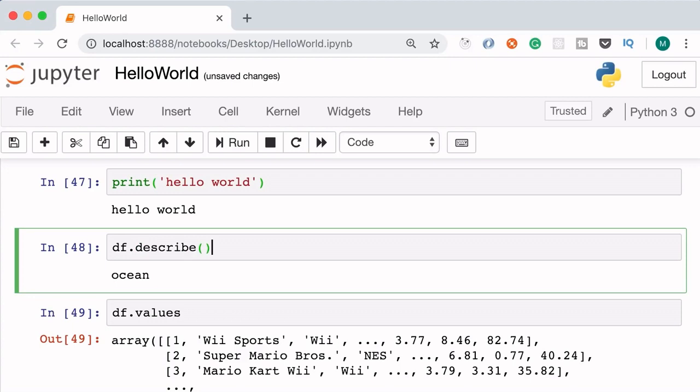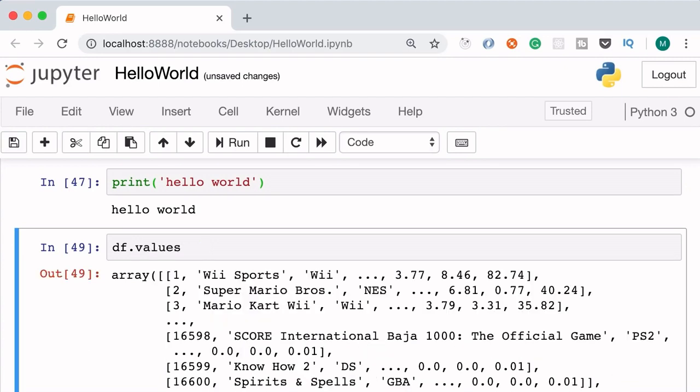Now, over the next few lectures, we're going to work on a real machine learning project. But before we get there, let's delete all the cells here, so we start with only a single empty cell. So here in this cell, first I'm going to press the escape button. Now the cell is blue, so we are in the command mode, and we can delete the cell by pressing D twice. There you go.